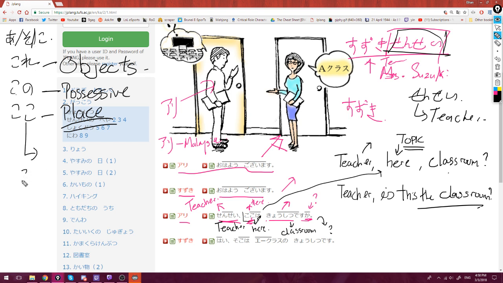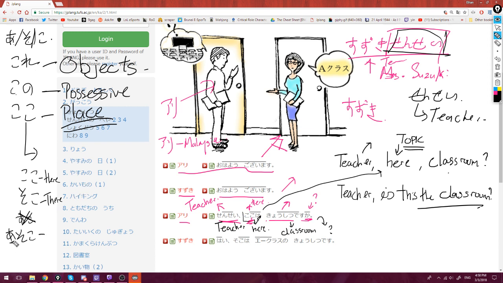It has three: koko, soko, but we don't say ako. Okay, that's wrong. In Japanese, there's one exception to this. We say asoko. Koko means here. Soko means there. And as we covered in the last session,